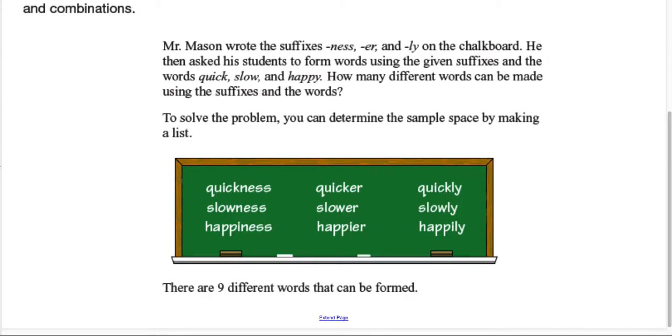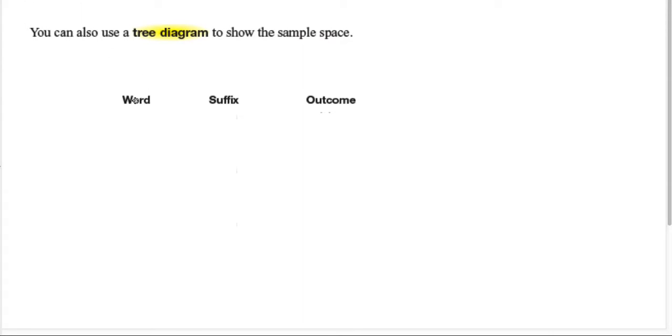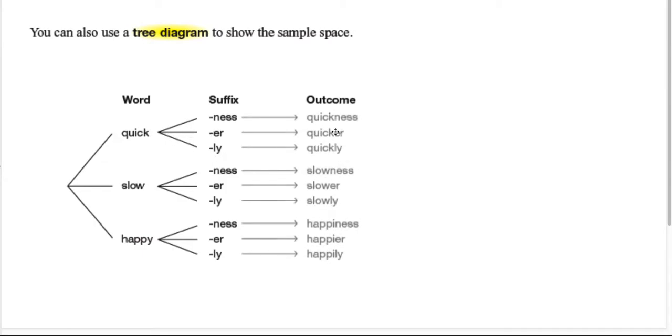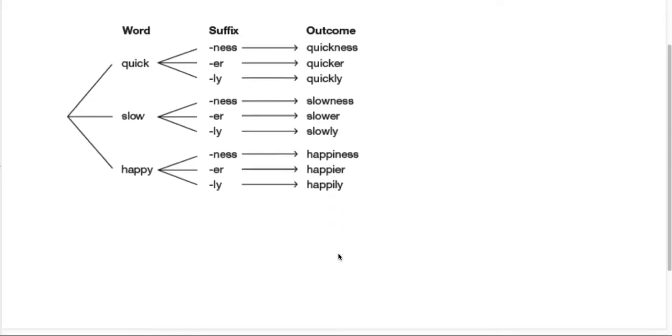In this particular case, we can use a tree diagram to show the sample space. In a tree diagram, the words are quick, slow, and happy. The suffixes are ness, er, ly. If you create your words, quickness, quicker, quickly, these are your outcomes. Then slowness, slower, slowly, and happiness, happier, and happily. If you count the number of outcomes, there are 9 of them. So the tree diagram becomes a very useful tool